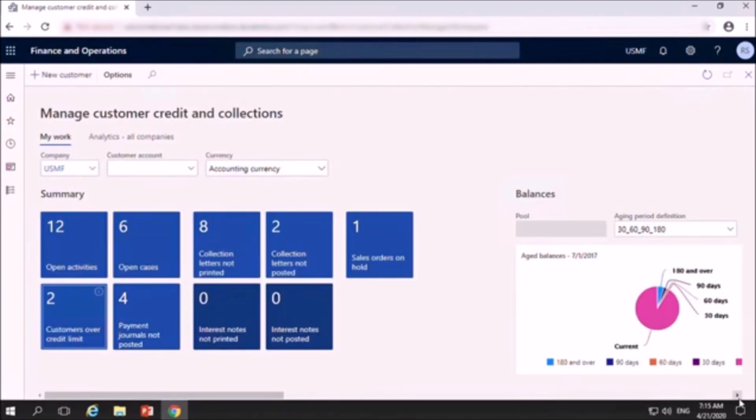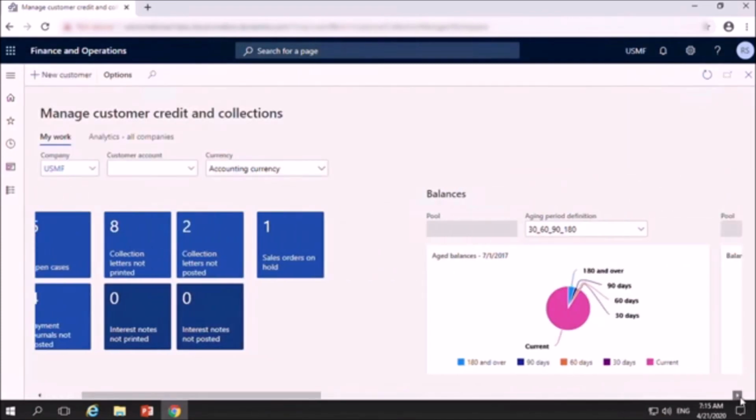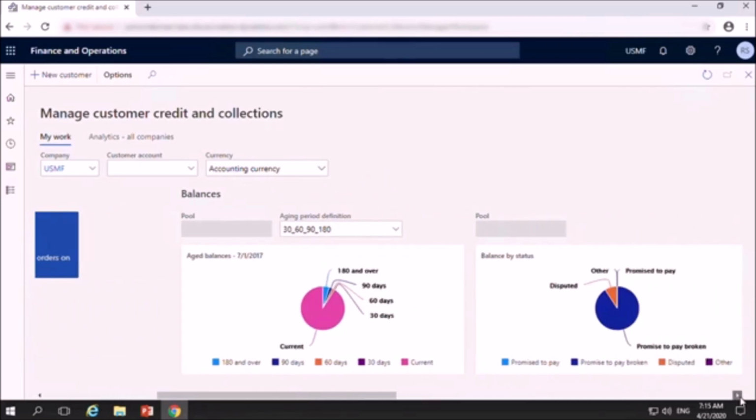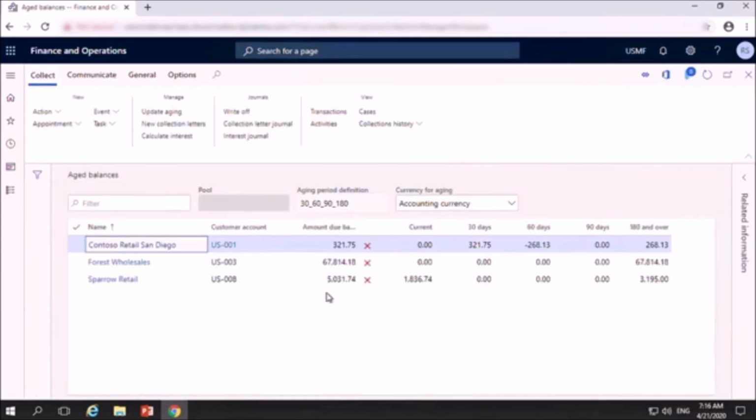Similarly, to the right you see two pie charts under the balances tab, and if you want to drill down to say which customers are 180 days and over, all you have to do is click over here and you will see the list of the customers which are 180 days and over.